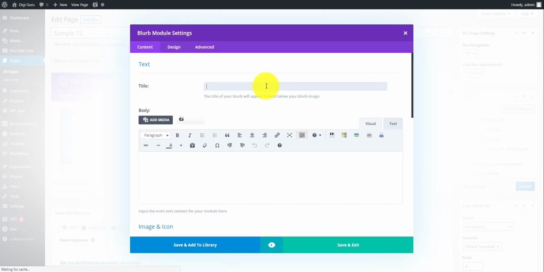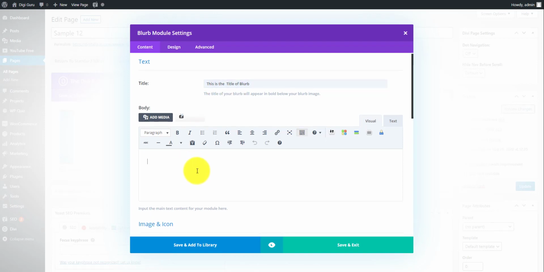When I've selected the blurb option, the first thing which is coming in front of me is the title. I'll write here, this is the title, so that we'll come to know where the title is appearing. Once you've written the title, you need to give a small description. For example, let's take an example of a blurb where I am a software company and I provide development on C, C++, Java, Oracle and many other platforms. So I can mention the names of the platforms on which I provide services, or any of my USPs, that can be represented from here. So let's consider I've written this is the title of the blurb, and out here I'll write this is the